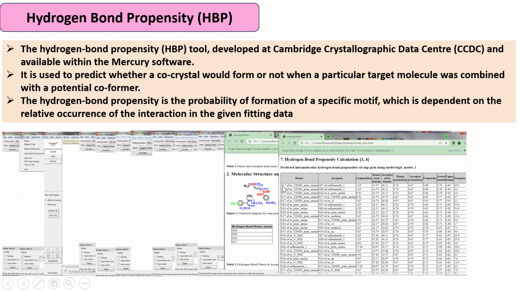So here is the propensity of hydrogen, nitrogen 17 and oxygen 27 of the sulfonamide, and the nitrogen 17 of pyrimethamine. So this is 0.88, and all atoms have their hydrogen bond propensities listed here, and you use these hydrogen bond propensities to calculate